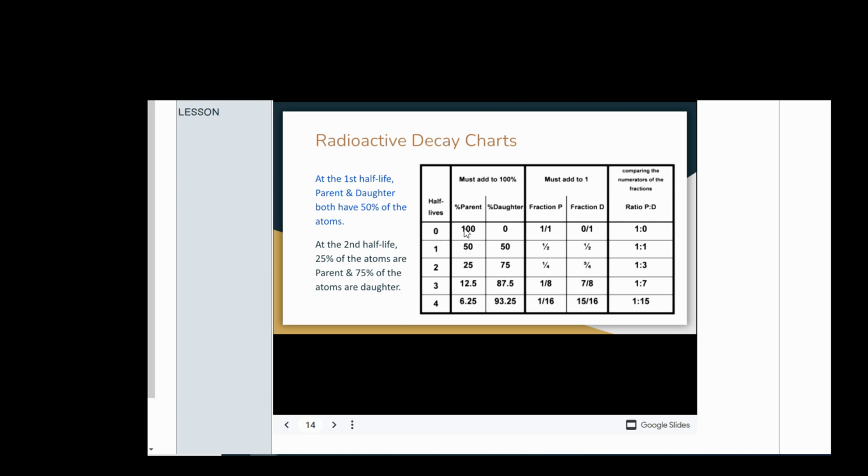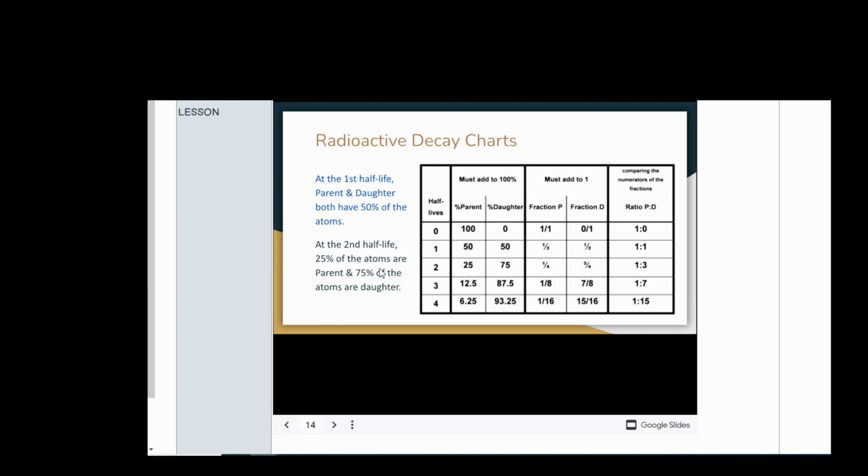So this is percent of parent, percent of daughter, number of half-lives. So at 0 half-lives, it's 100% parent. Our fraction is 1/1, so it is completely parent. And our ratio is 1 to 0. So then it asks at the second half-life,